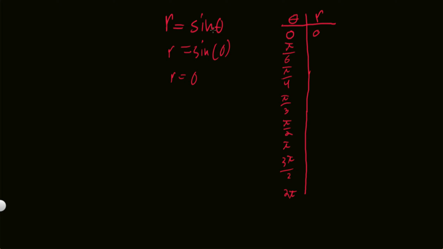So if we plug in pi over 6 for sine, sine of pi over 6 is sine of 30 degrees, which is 1/2. Sine of pi over 4 is sine of 45 degrees, which is root 2 over 2. Let's just estimate root 2 over 2. Root 2 is around 1.4, and then over 2, so around 0.7 or so. It's a fair estimate. Sine of pi over 3 is root 3 over 2. Root 3 is around 1.7